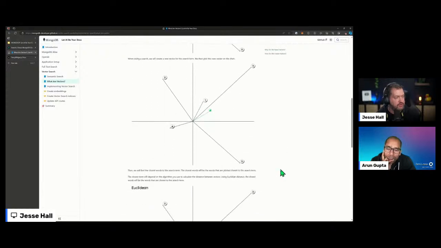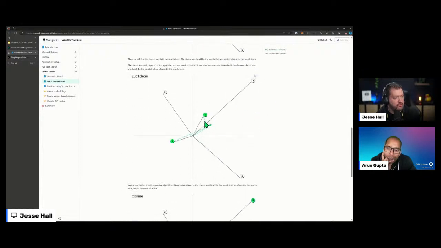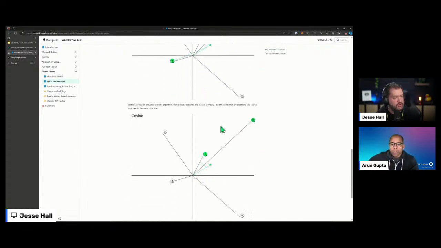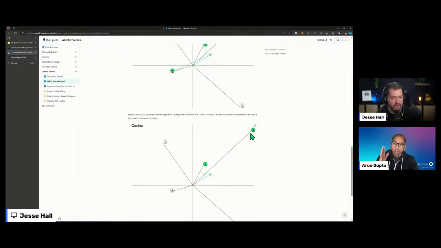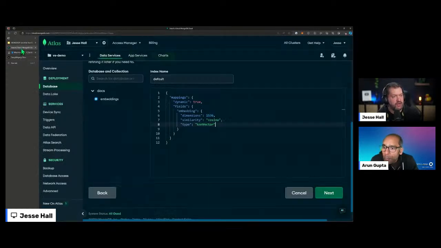If we do a search, whatever you're searching for shows up here, then maybe that's closest to 1, maybe it's closest to 4, to 3. But in Euclidean, it will use the closest ones, whether it's positive or negative, basically. But cosine, it's going to find the closest on the same side of the vector. Got it. It really depends upon how your embeddings are stored and what you want to search upon. Exactly. Very much use case specific. Yep. Okay. All right. So let's go back to